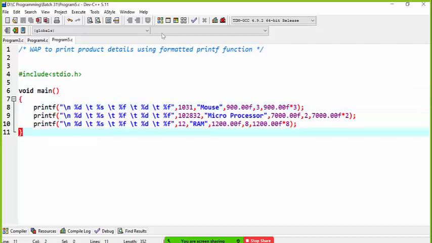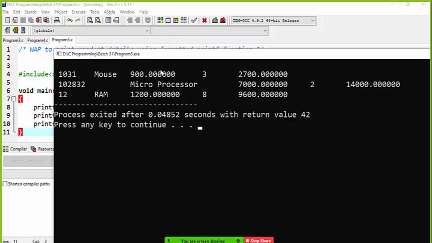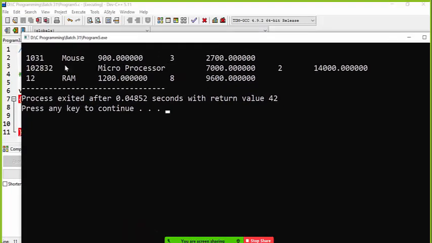Slash n as well, you can type any number of times. Right now I'm typing only once, so it added some space, but still the data is not in a column because the second product code is too big. The name also has more characters.